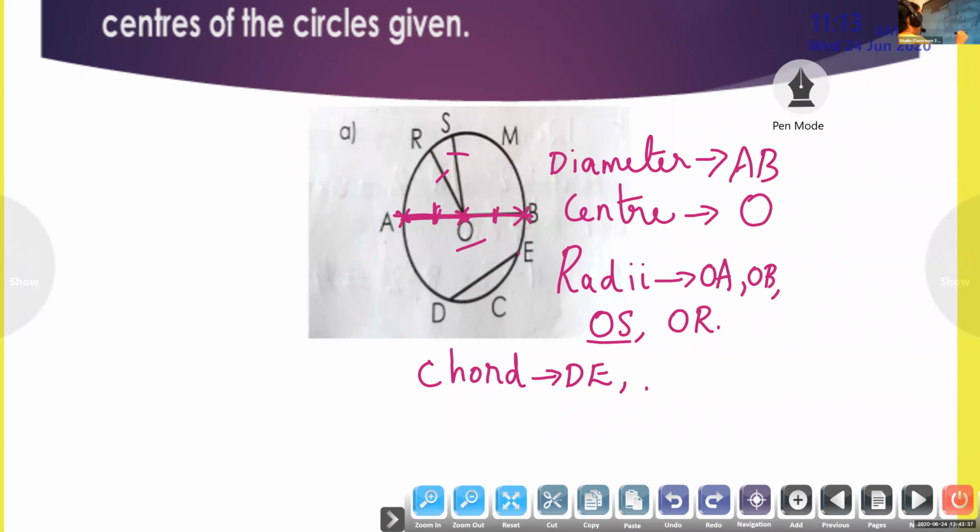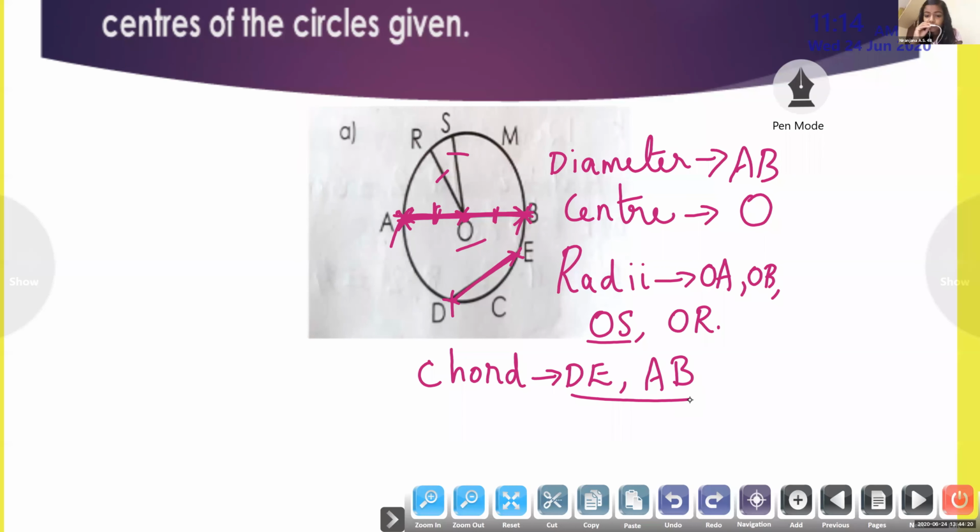AB. Yes, AB. You know the diameter is the longest chord. See, what is a chord? It is not passing, it is joining two edges. Look at the picture, AB. That is also a line segment touching the two edges. So AB is a chord. Understood? AB is a chord that is passing through the center. It is the longest chord. So how many chords can you identify here? Megha, how many chords? Two chords. Yes, very good. So chords DE and AB.